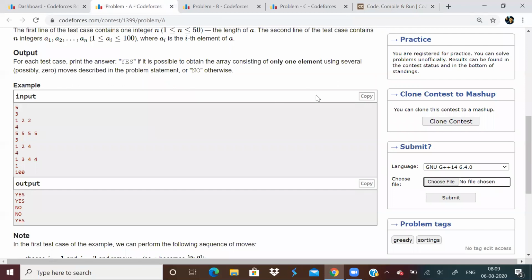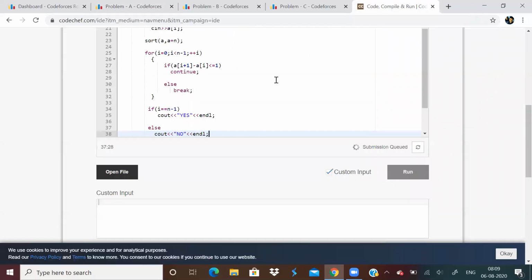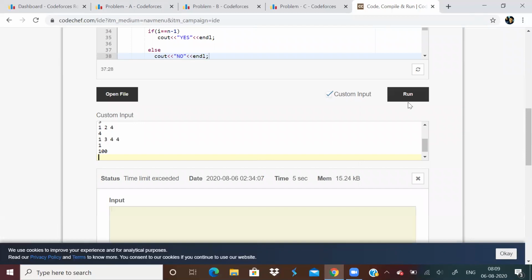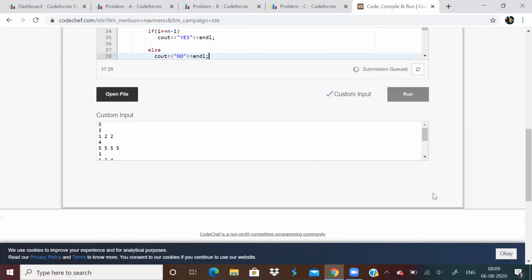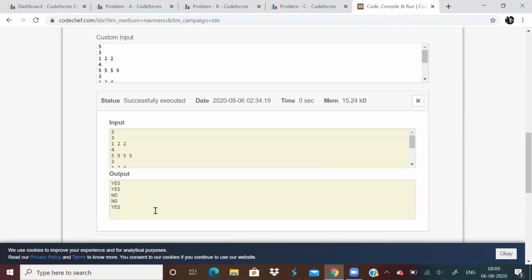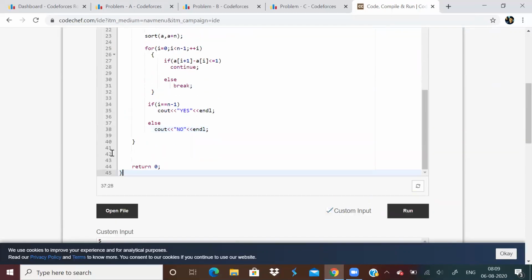So let us test for this input. Yes, we are getting the correct answer.